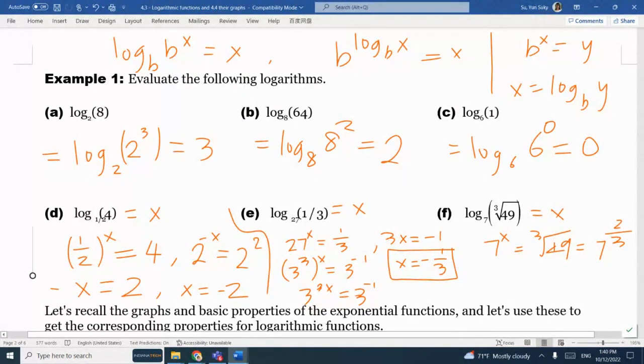Okay, now you make sure both sides have the same base. What's your x? Yeah, 2/3. So far, so good, everybody? Yeah, I would say